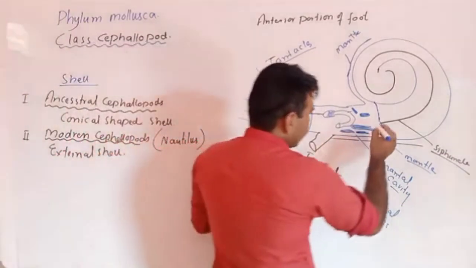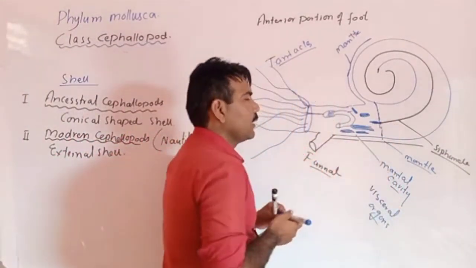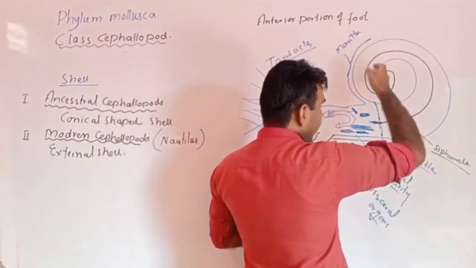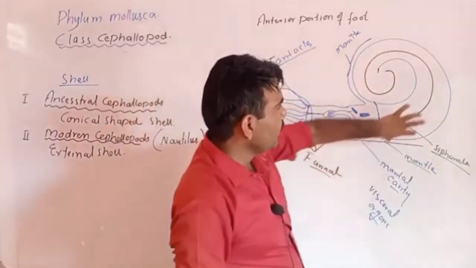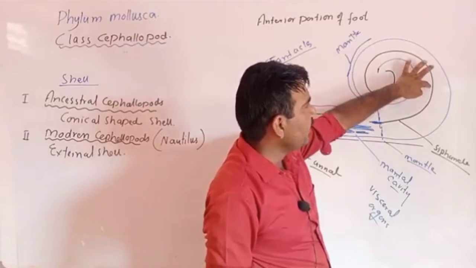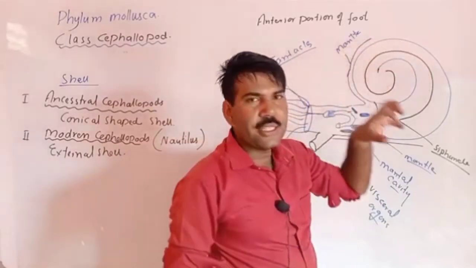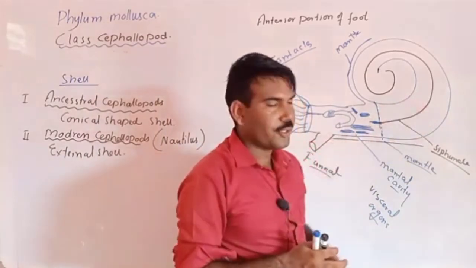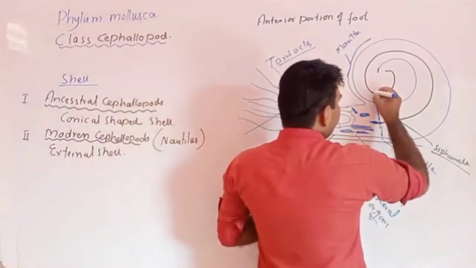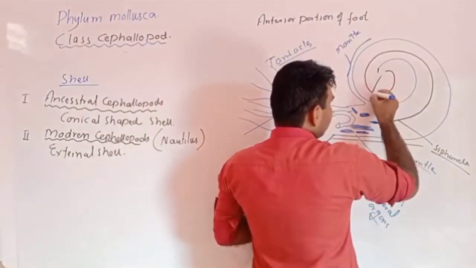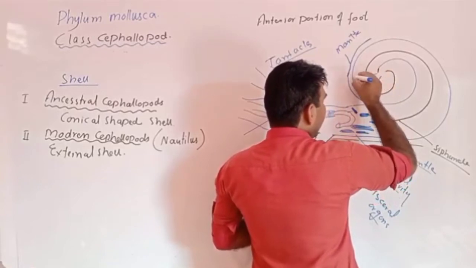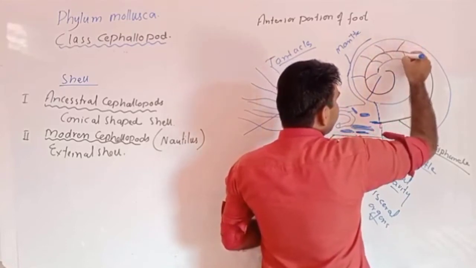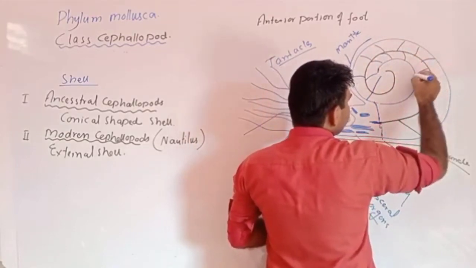So this siphuncle extends from this animal's body and moves around in the coiling of the shell. As the shell coils, it moves and extends each coil in the central portion, like this is a coiling, and this siphuncle is present in the central region. And from this siphuncle, inside and outside, this whole coiling is separated by some structures, and these structures are known as